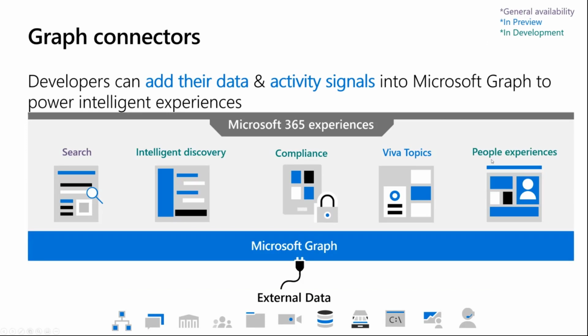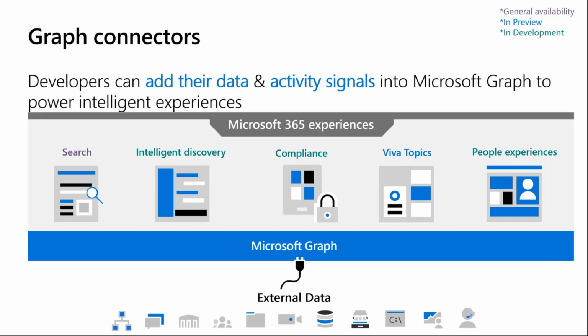So with Graph Connectors, developers can add their data and signals into Microsoft Graph to power similar intelligent experiences that we have today for the Microsoft 365 data. This is how you can bring your external data to participate in the same. In terms of some of the experiences that are enabled, search is, of course, the primary and the P0, which is already generally available. Viva Topics is in preview. And then there's also additional scenarios such as intelligent discovery, security and compliance, and other people experiences such as enhancing